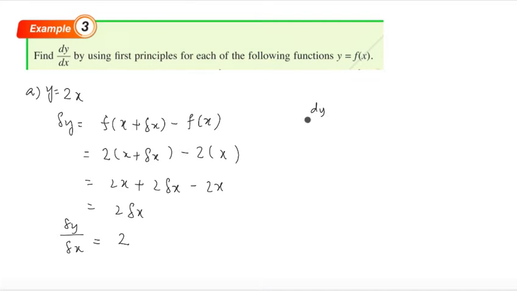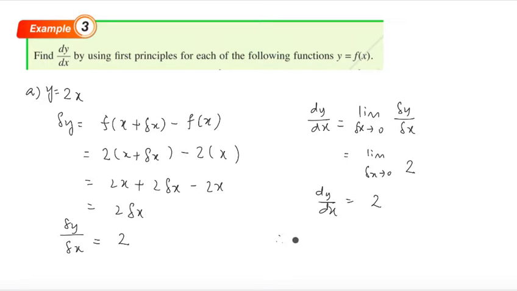Then dy/dx equals the limit as delta x approaches 0 of delta y over delta x, and delta y over delta x equals 2, so the limit of 2, and when you substitute, there is no more x here, so the answer equals 2. So dy/dx equals 2, and dy/dx actually is the gradient